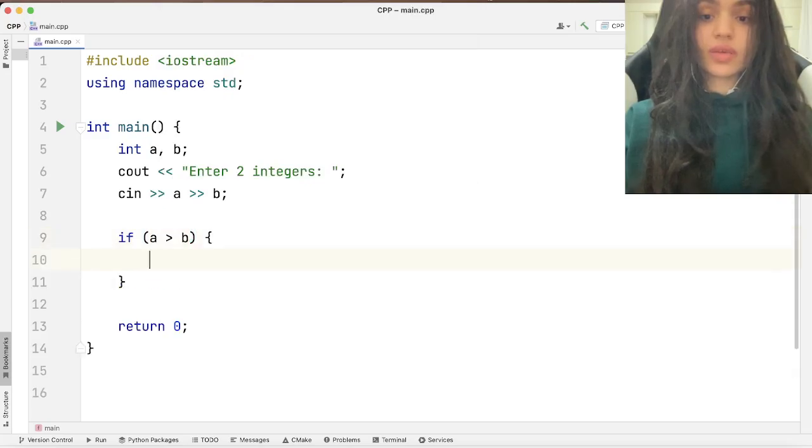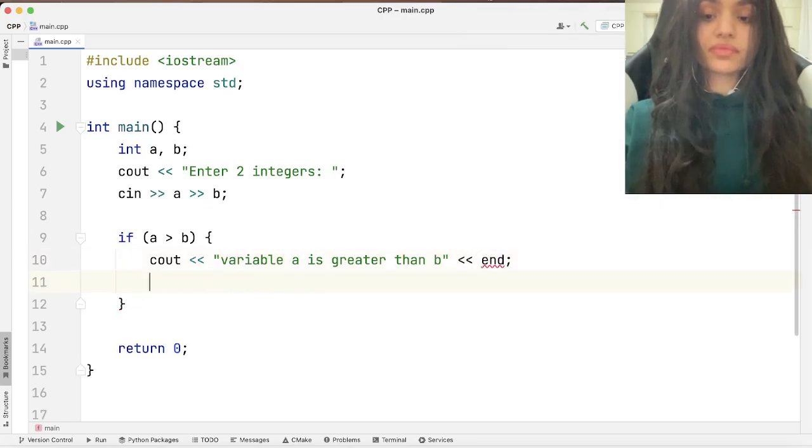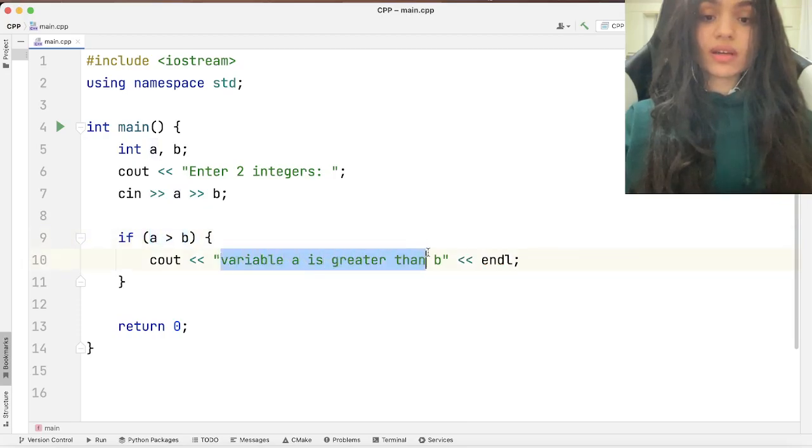And then I'm going to say if a variable is greater than b, in that case we want to print that variable a is greater than b. I'm going to put an underline here. So if this condition is met, if a is greater than b, then in that case this will be printed